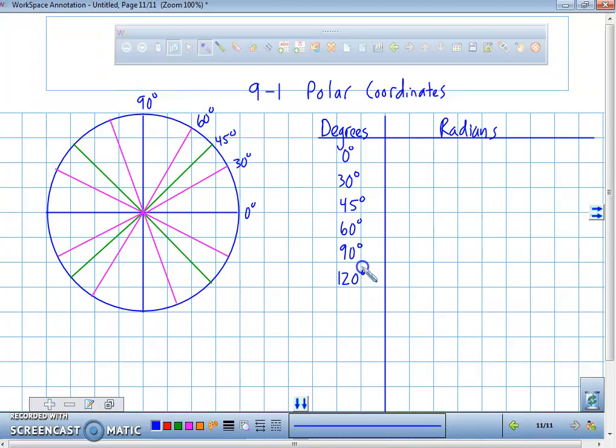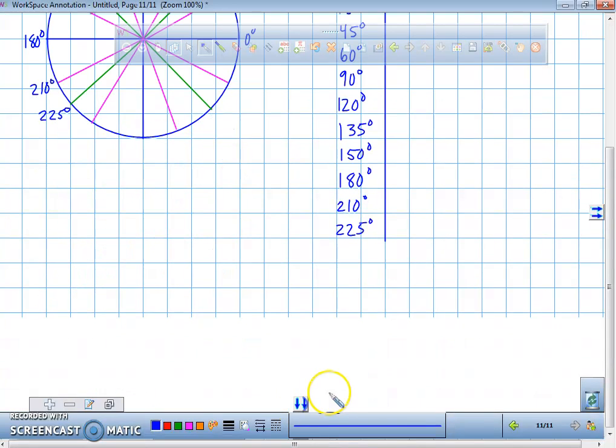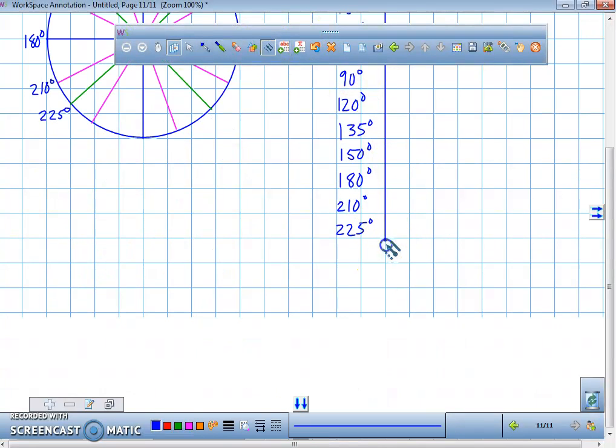And we're going to jump to 120. And we're going to jump all the way to 135, which is not that big. And we're going to go to 150. And we're going to go to 180. Now after 180, we're going to jump to 210. Then we're going to go to 225. Where are you going to go down? Run out of room. No, I have to keep going down. So after 225, we're going to jump